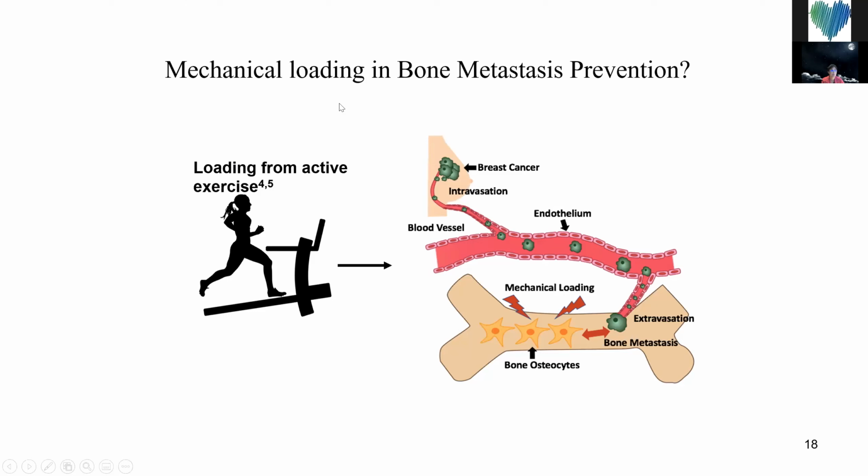So this is what we propose here in terms of hypothesis. We have bone cells living in the bone matrix. When we have mechanical loading, because bone is a porous structure, the interstitial fluid flow is driven, and that will result in shear stress applied on the bone cells, leading to the regulation of releasing certain cytokines affecting both osteoclasts and also endothelial cells in the surrounding vasculature. That will in the end have a crosstalk with cancer cells, determining whether they will have extravasation, which is the